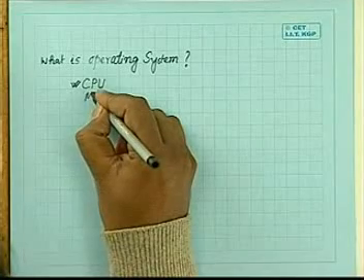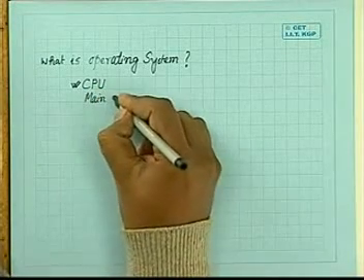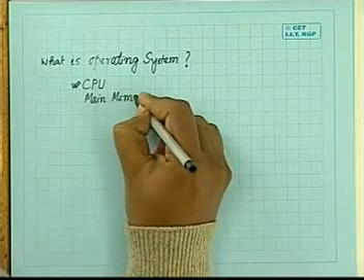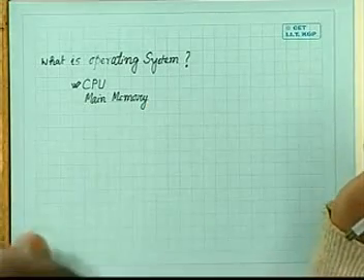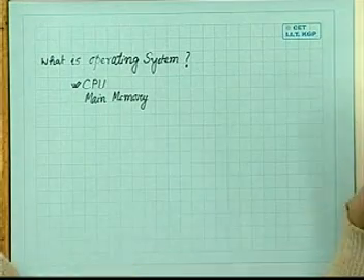Okay. The second resource in a computer system is the memory, or to be more specific, the main memory. Again, as I said, whenever a program or any piece of data is to be accessed by the CPU, that program as well as that piece of data must reside in the main memory, right? So, if we have a multi-user or a multi-programming system, where more than one user program is to be executed simultaneously, so obviously more than one user program or parts of more than one user program, as well as the corresponding data units on which the programs have to be executed, they also should reside in